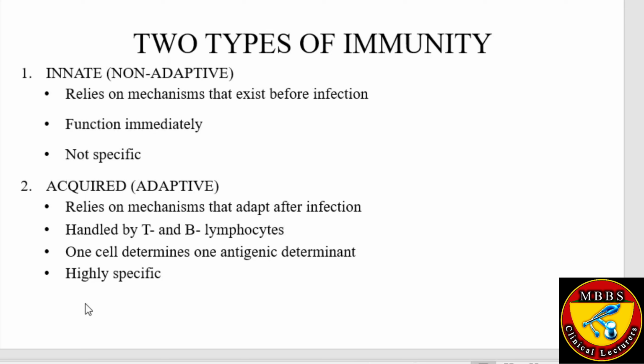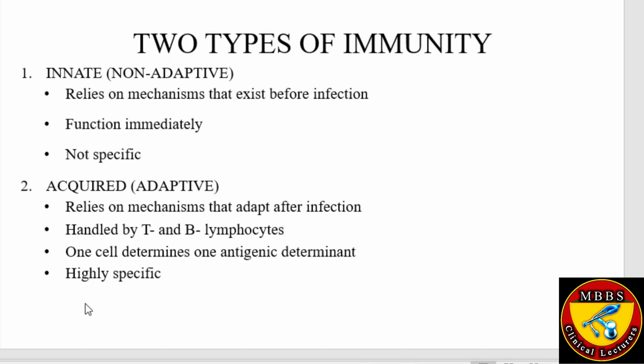So the second one is the adaptive immunity. It relies on the mechanism that adapt after infection. And in adaptive immunity, the T and the B lymphocytes are involved. And the one cell determines the one antigenic determinant at a time, and it is highly specific as compared to